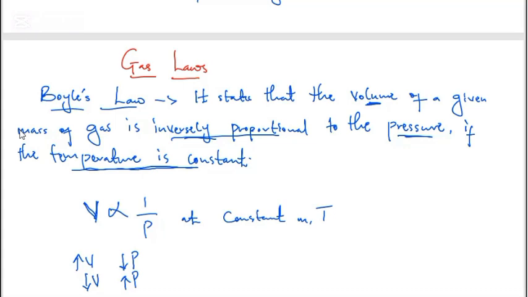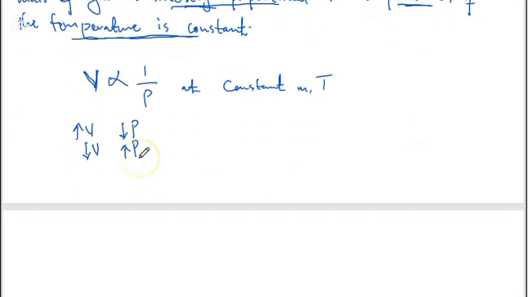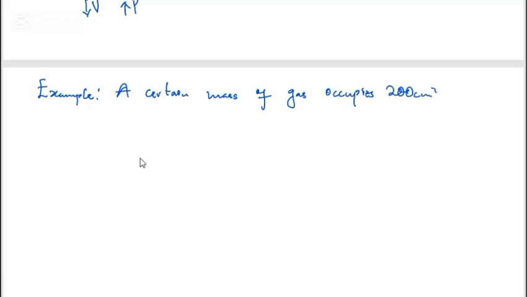Let's apply it. So we say a certain mass of gas occupies 200 cm3 at 1.0 times 10 raised to the power 5 Newton per meter square. Take note of unit. Your unit should be consistent. You say calculate